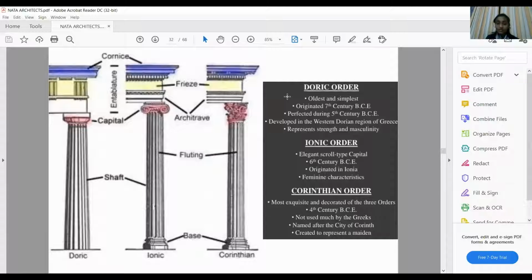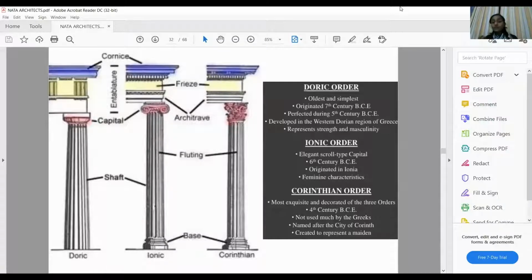That is, they started having this base and then the fluted area, which is referred to as your shaft, and then you have the capital design. So in Egyptians we mainly observed the inspiration taken from nature, right? Maybe it could be the lotus bud or the papyrus leaf capital, etc. So here it is mainly the scroll kind of a motif, that is the usage of the volutes, that again caters to the design of the capital. So it has more of feminine characteristics, is what we can call for the Ionic order.